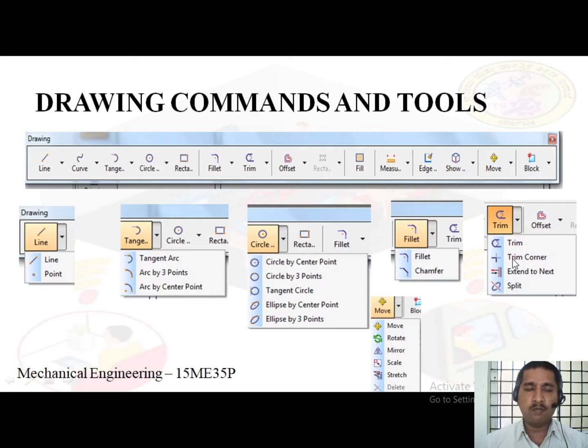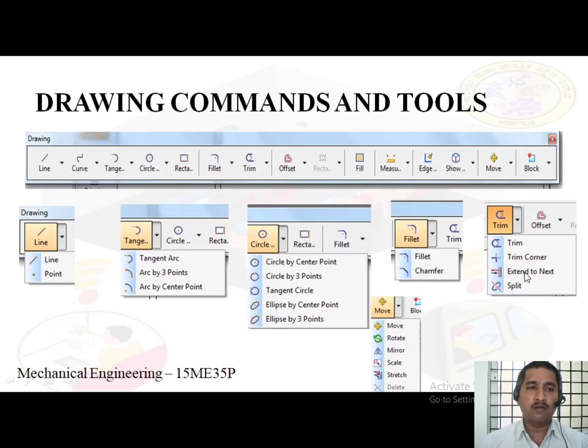First, what is trim corner? It is used to remove the entity in the corner region; see here, the figure itself shows how the portion is removed. Next one is extend to next.